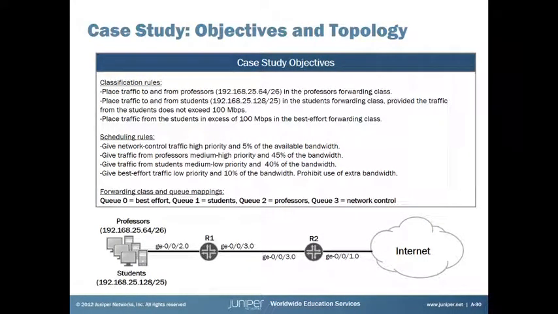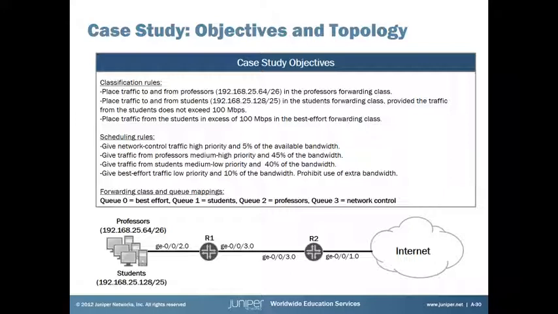So our case study. So here we are. What we're looking at is a case study where our objectives are, with classification rules, to place traffic to and from the professor's subnet in the professor's forwarding class, to place